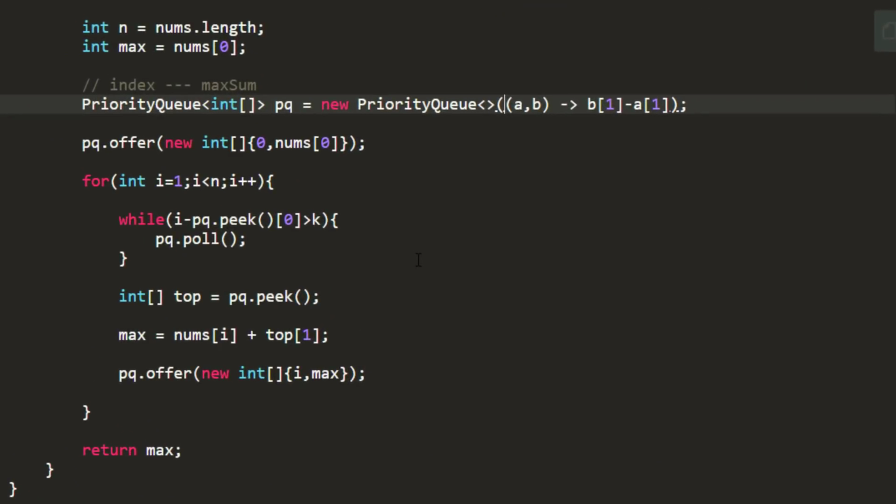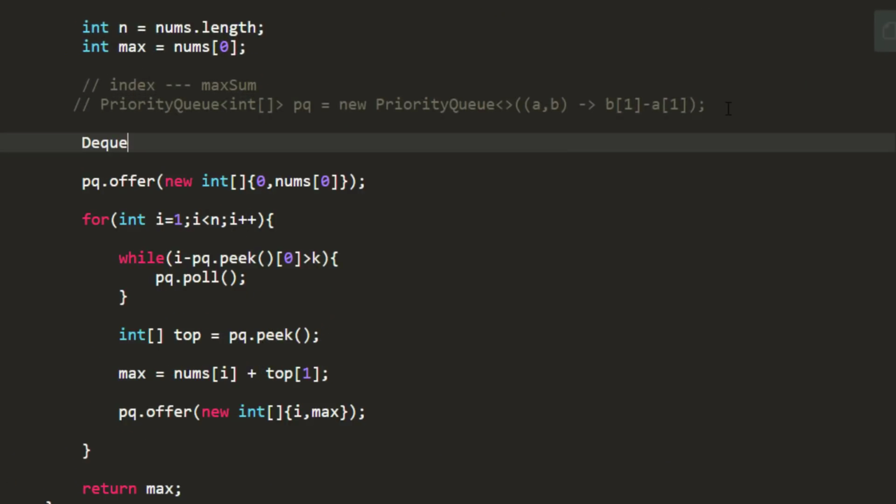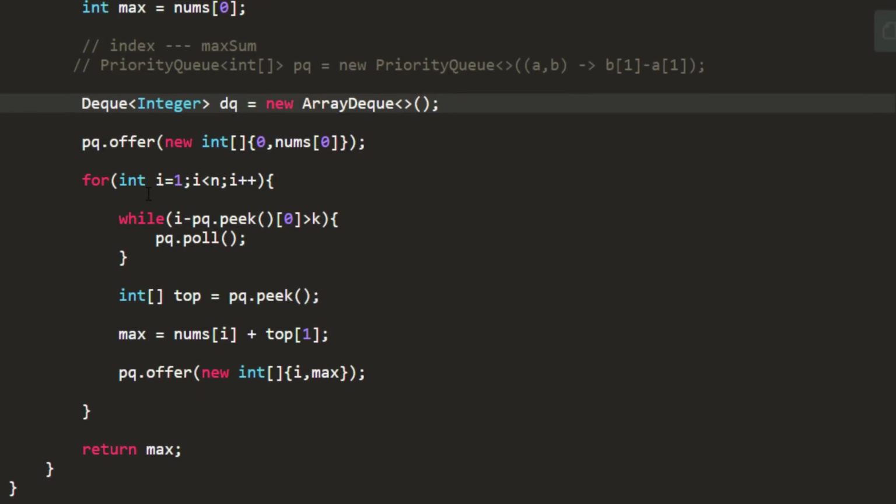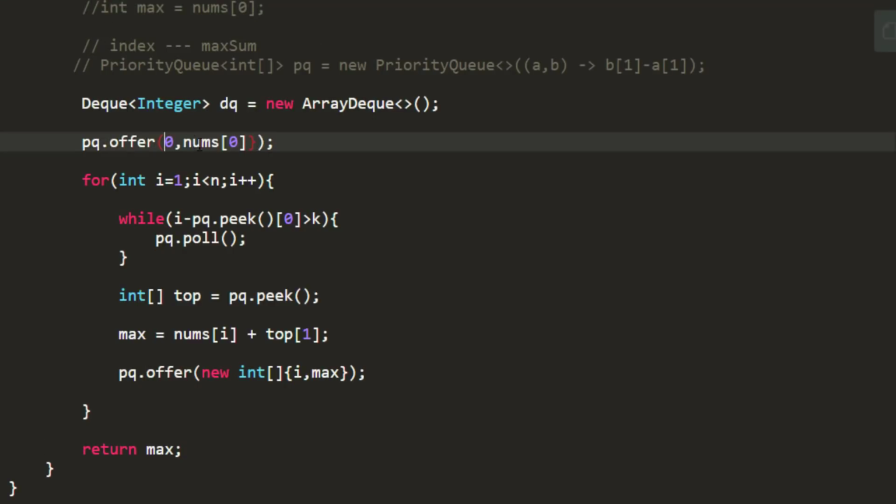So we'll now try to modify this particular code itself. We won't use a priority queue, we will use a deque. Now the deque is not a sorted data structure, but it does have all the methods which are in the priority queue. We do not need a max in this case, we just need to put the index.